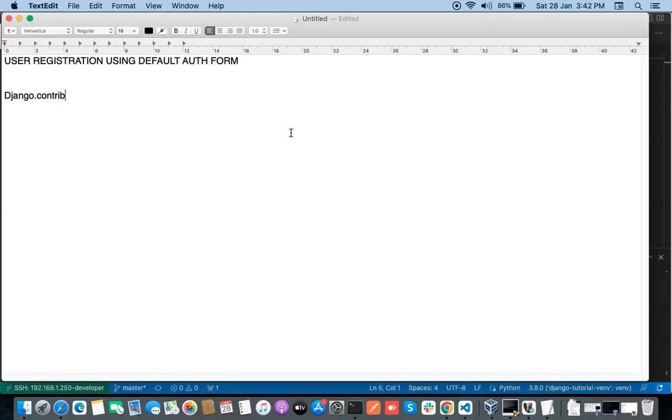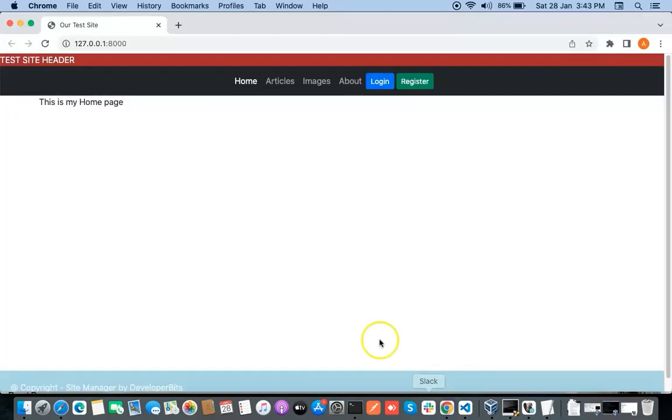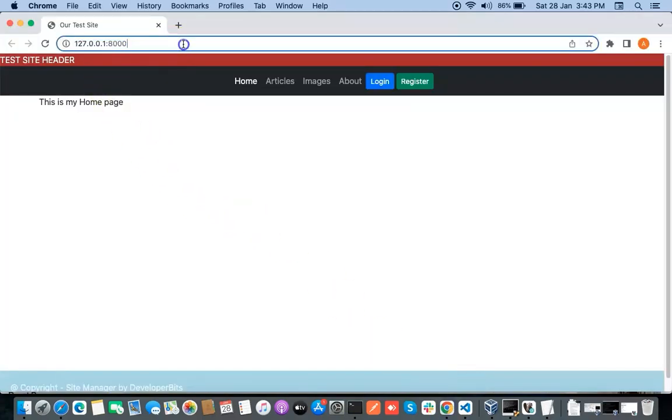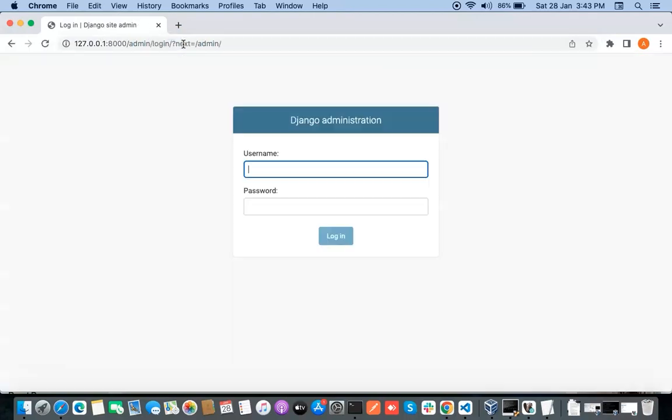We can create an HTML form using the authentication methods, the authentication forms which are already available in this package. So let's see how we can do this. Let me start my project which I have already started here, and let us access our site. So this is our site, and just go to the admin panel and log in here,